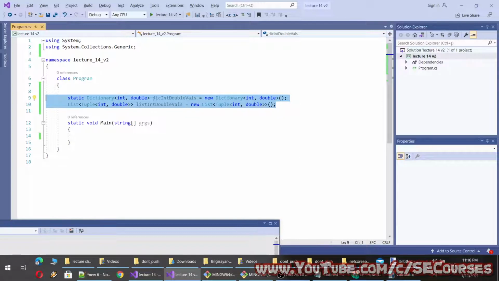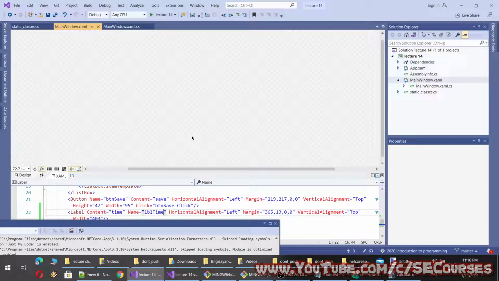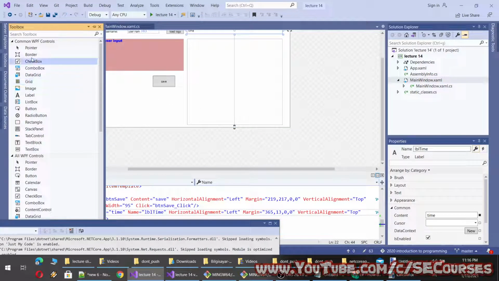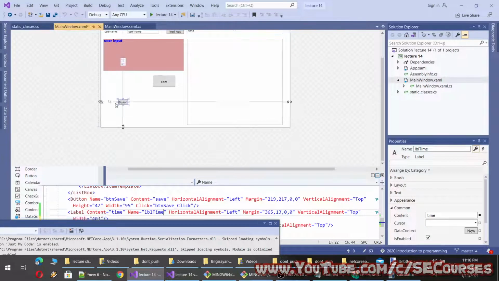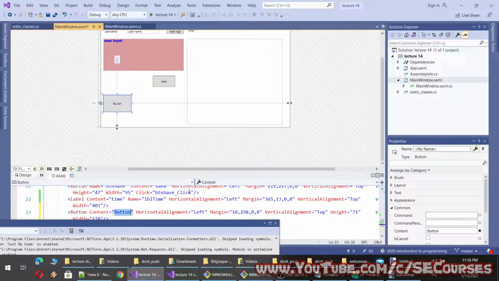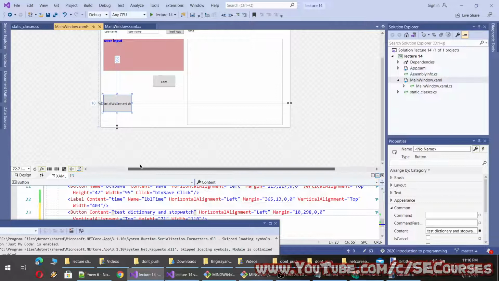And I think I will add this to our main software, but not console application, because I don't see the reason why we should use console application. Okay, let's add another button here and let's call it test dictionary and stopwatch. Okay.